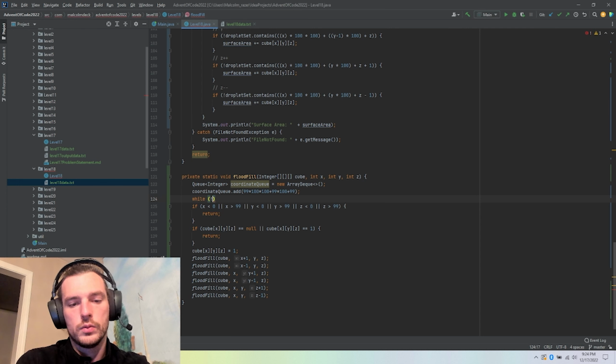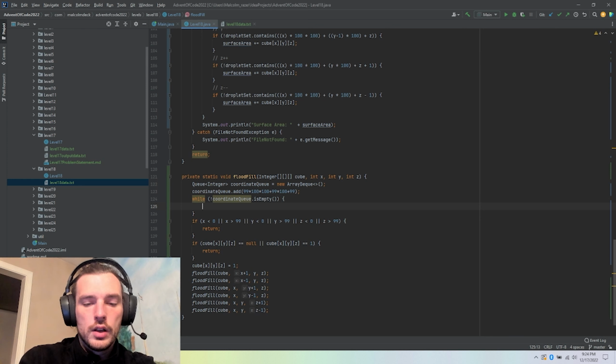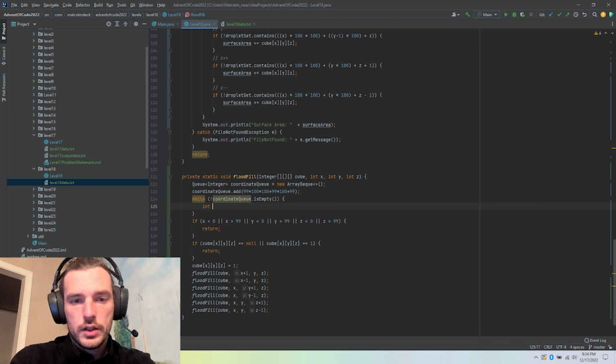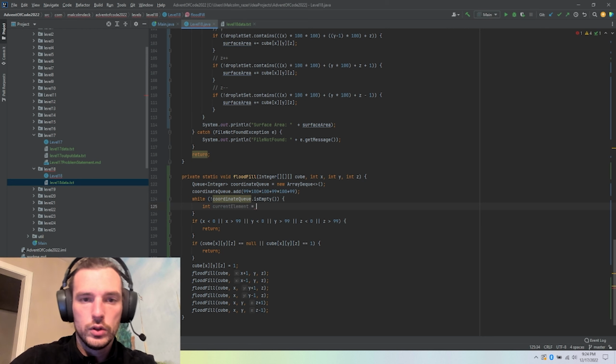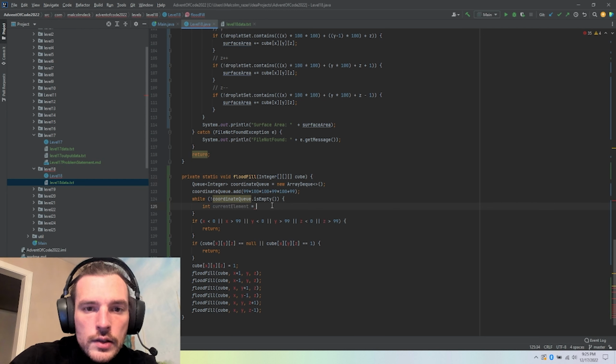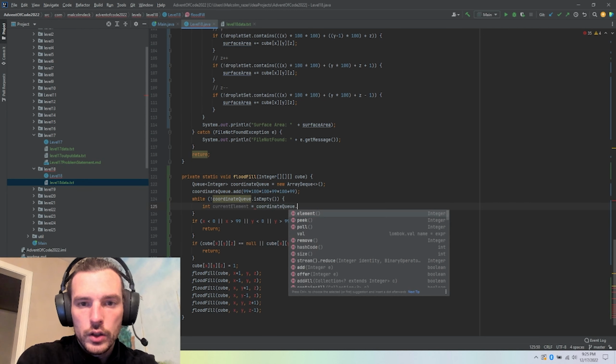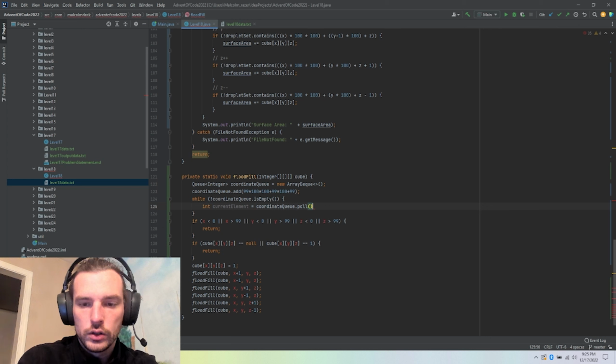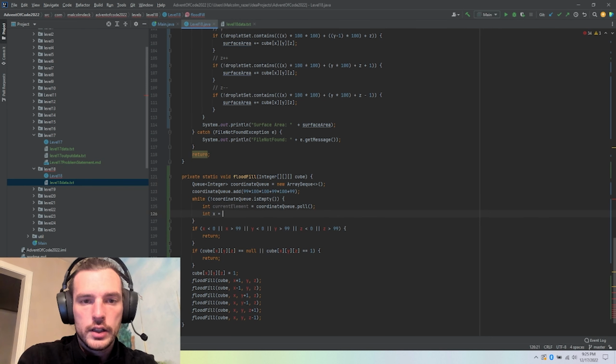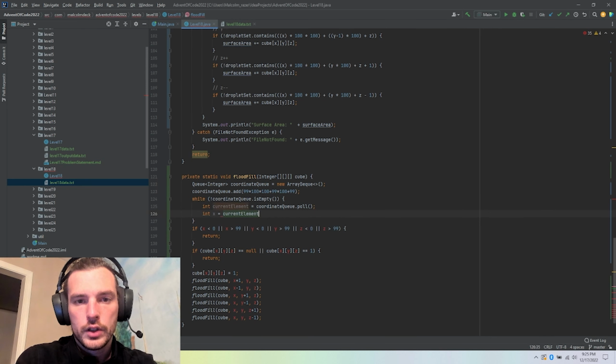While not coordinate q dot is empty, int current element equals, so we can get rid of x and y and z here actually, coordinate q dot poll. Int x equals current element